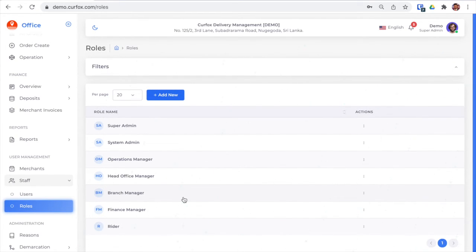When you are giving permissions to the roles, you have to make sure the permissions are not overlapped. Sometimes you may give edit or delete permission, but not the view permission, so that person cannot edit or delete without viewing. Like that, you have to logically give the permissions to that role, so that person will not feel uncomfortable when they use the system.